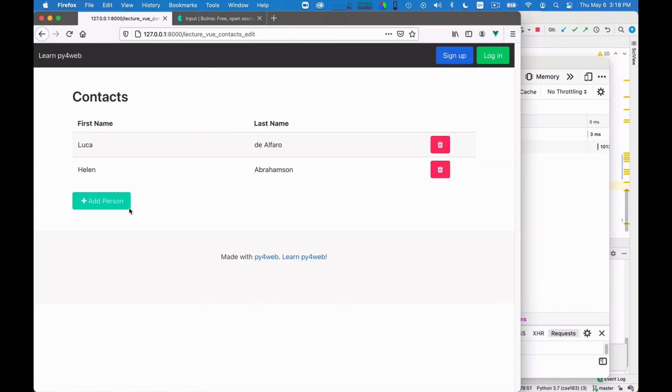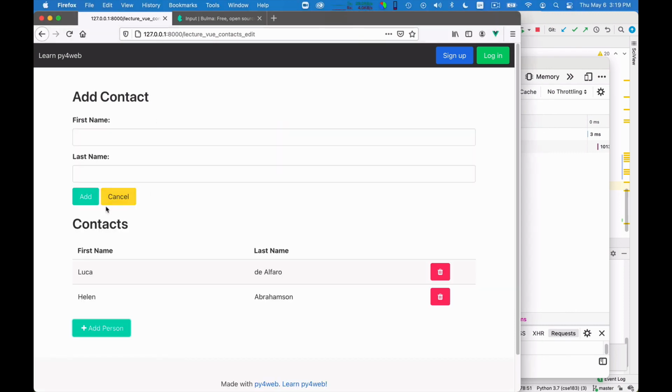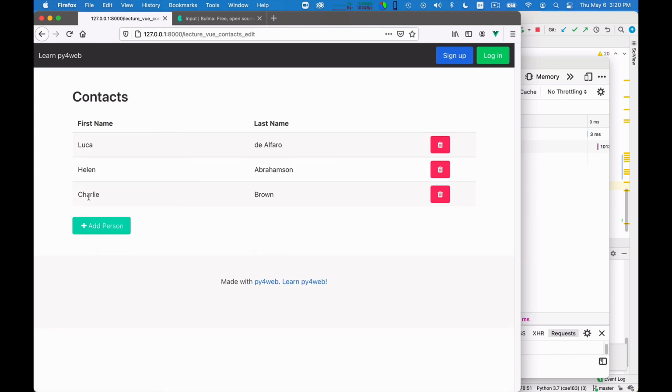Now, a more interesting test is this, and it's a non-obvious test. Suppose I now add a person. Will this still work? Will essentially a row that I have added via Vue behave correctly when I try to then edit its values? This is a non-trivial test, and we shall do it. So let us try and add Charlie Brown. The stress. So let's look at it. I add it.